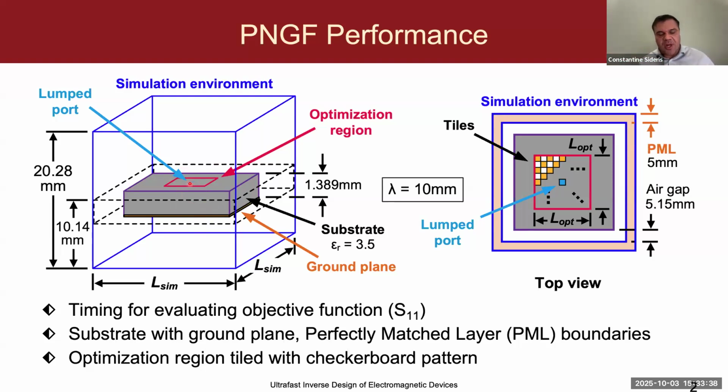And based on what I told you with the PNGF method, the present method being described, this should result in constant time complexity because, as I mentioned, the cost of the method only depends on the size of the optimization region, whereas if you're using a full wave EM solver, the cost is going to be growing based on the complexity of that EM solver, because the EM solver, each time you flip a tile, needs to resolve the whole system electromagnetic environment from scratch.